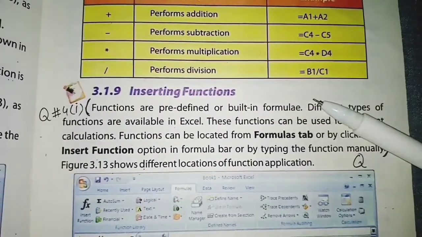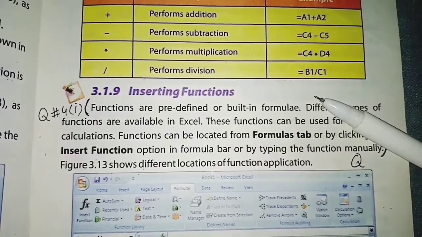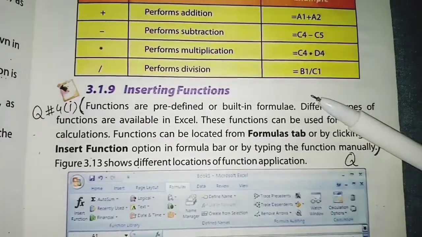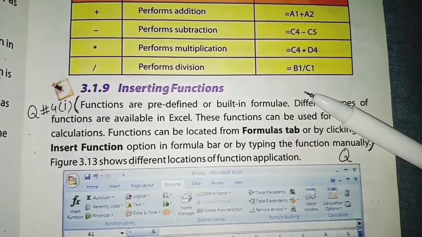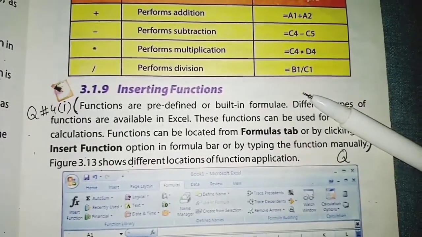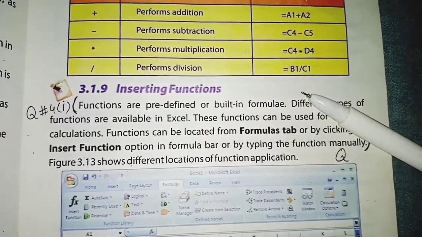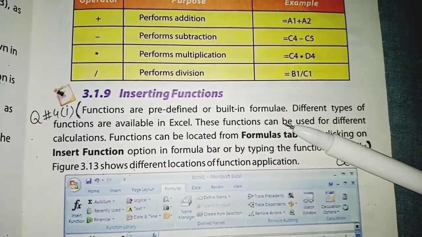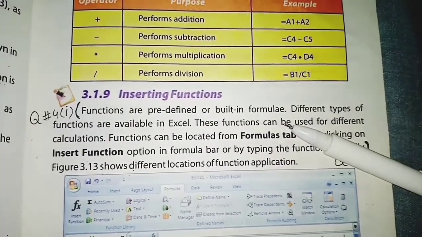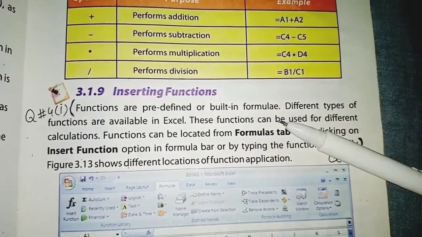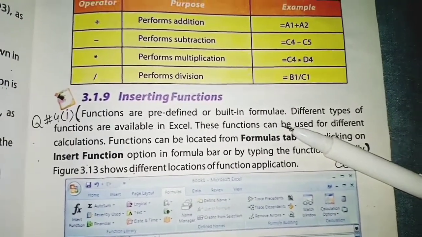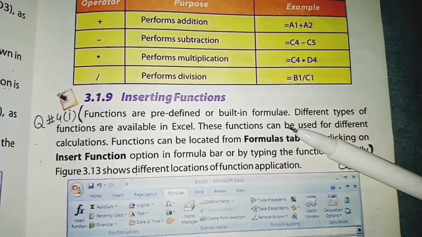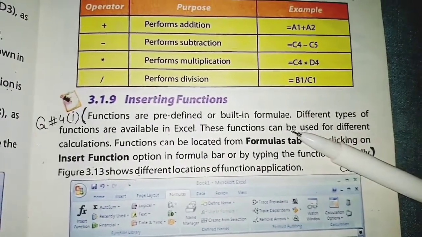Students, next topic is functions. In the previous topic formula, we discussed that in order to perform calculations on data values of a worksheet, we have to write the complete formula, which is quite a time consuming and lengthy process. In order to avoid such conditions, there are built-in formulas in Excel. We can use these formulas to perform calculations. These formulas are sum, average, product, etc. We can use these formulas to perform calculations without writing the complete expressions.